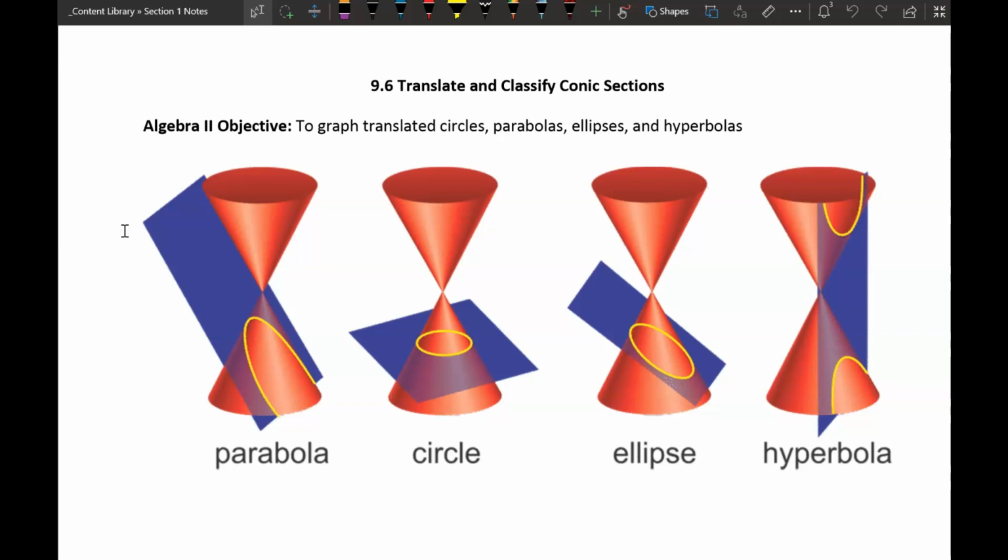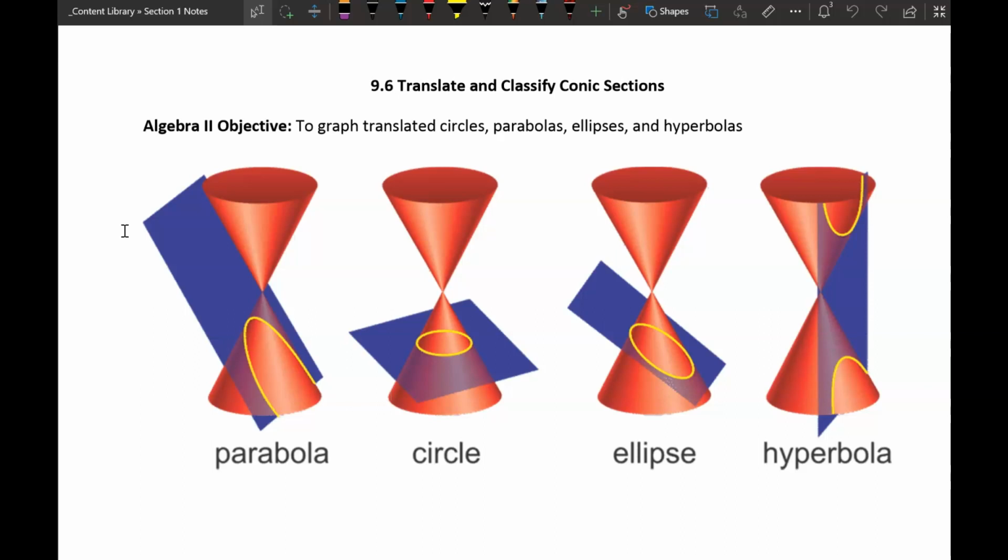We've been working with hyperbolas, circles, parabolas, ellipses, those kinds of things in standard form, where they are all at the origin. Today we're going to work on graphing and interpreting graphs that are not in standard form, where there's a translation, where basically that center point is moving. These things are called conic sections, and the reason they are called conic sections is